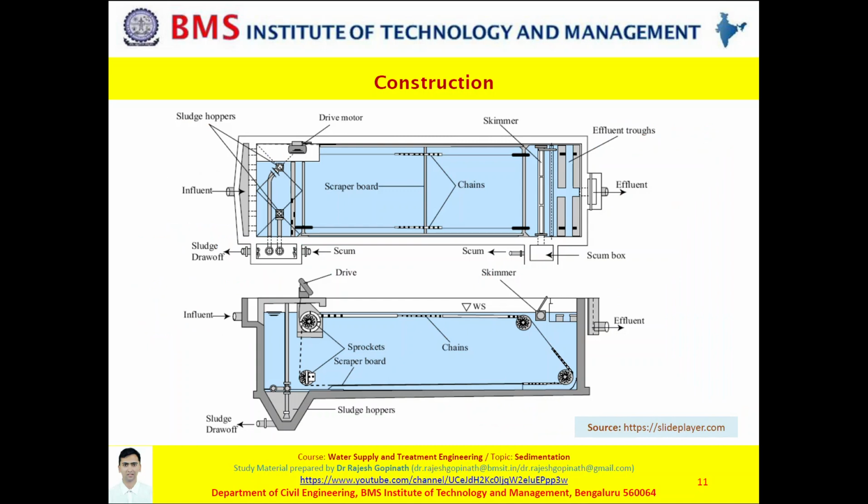This is another representation of the construction of a sedimentation tank. So this is for your further perusal. Okay, you can go through it. You can see both the plan view and the cross section. All the four zones, that is inlet zone, outlet zone, sludge zone, settling zone, can be seen in this image. As always, depending on the type of sedimentation tank, there are various addendums or apertures or fixtures. Alright, let's move on to slide 12.